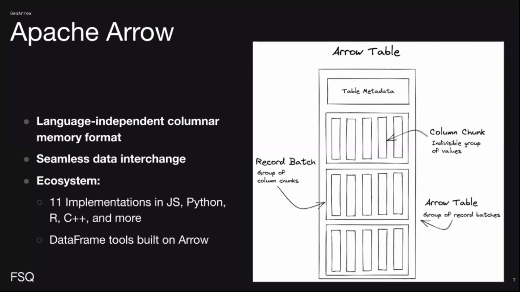And there's a huge ecosystem around this. So there's 11 implementations now of the Arrow specification in JavaScript, Python, several other languages. And there's more and more data frame tools that users are already using that integrate with Apache Arrow. For example, this week, the Pandas release, which is the most popular data frame library in Python,